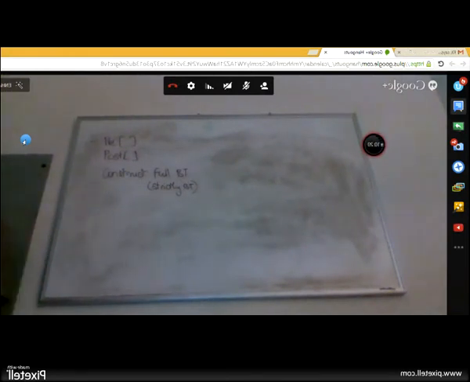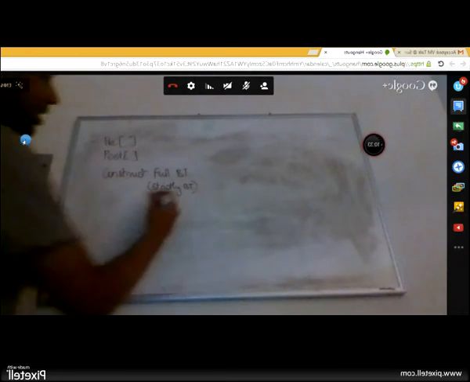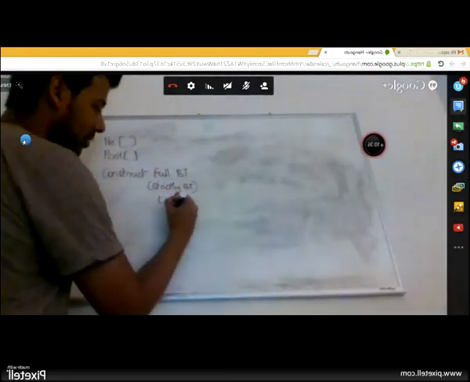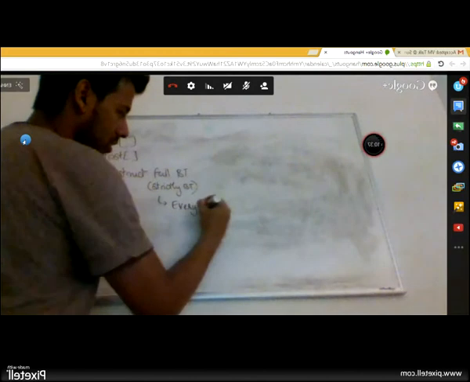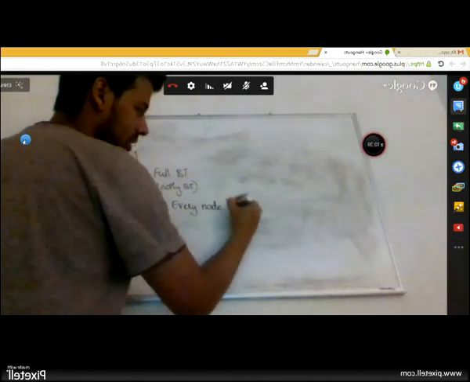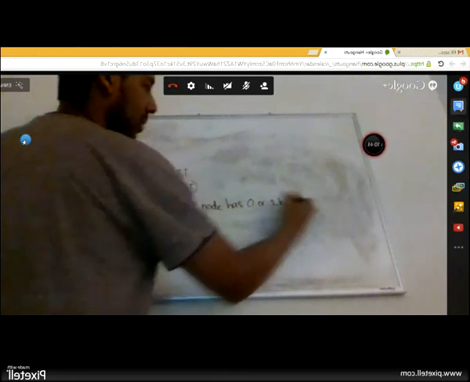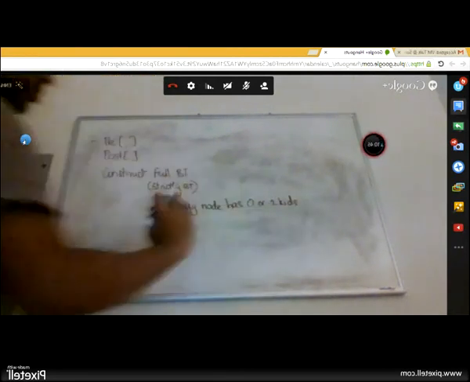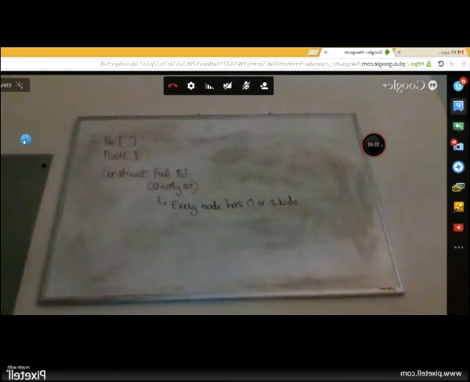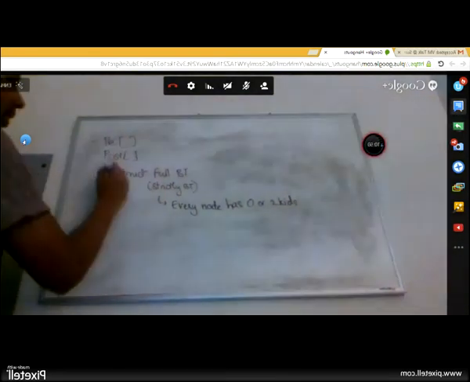All leaves are at the same level. That is not true. You're talking about a complete binary tree. A node can have 0 or 2 children. That is correct. So a strictly binary tree is one where every node has either 0 kids or 2 kids. Every node is either a leaf or it has both kids. You can't have a node with just one kid.